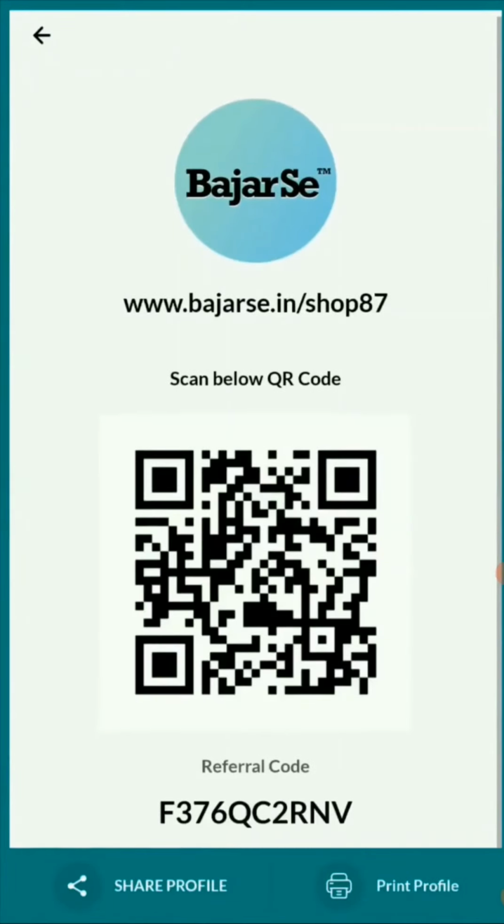Now there is a referral code as well which you can share with your customers or take a printout of it and put it right outside your shop so that customers scan it and reach your shop online directly, and then from there on they can start putting orders for your shop.